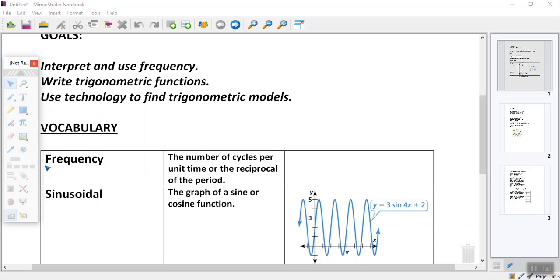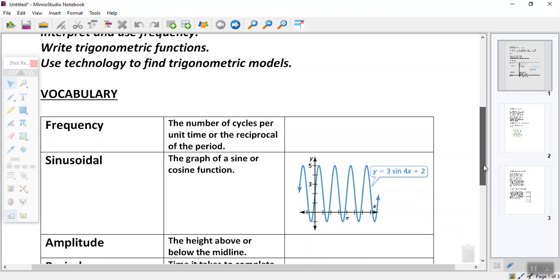We're going to write trig functions with some of the sine and cosine graphs that we're given, and then we're also going to use our Desmos to help fit graphs to points that are sine and cosine functions today. So guys, first thing we need to know, and this is pretty new for us, pretty important, it's called